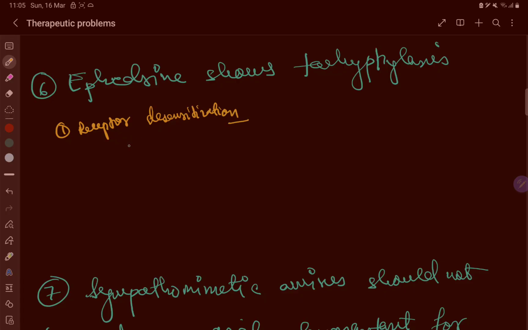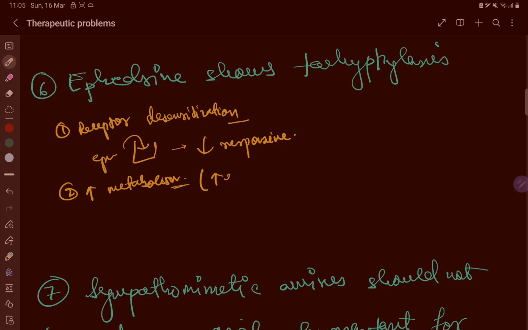What it means is that repeated stimulation of the receptor by ephedrine leads to desensitizing, making them less responsive. And number two, increased metabolism. So the body adapts by increasing metabolism of ephedrine, reducing its